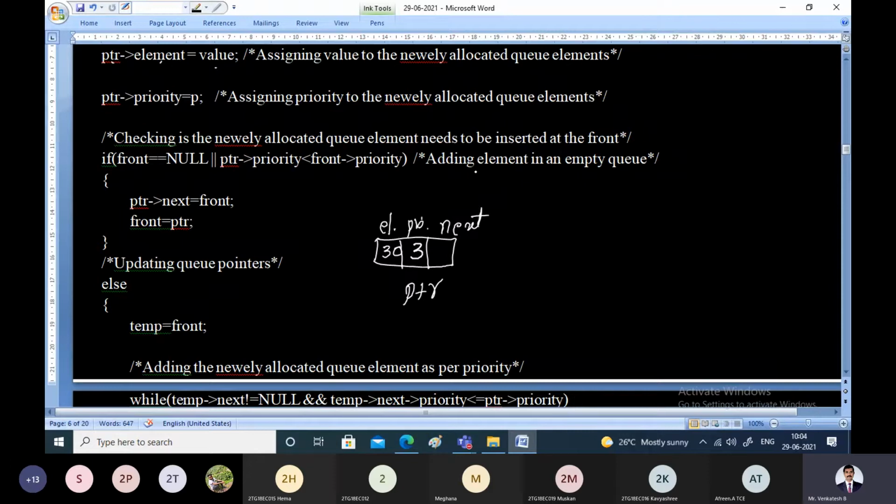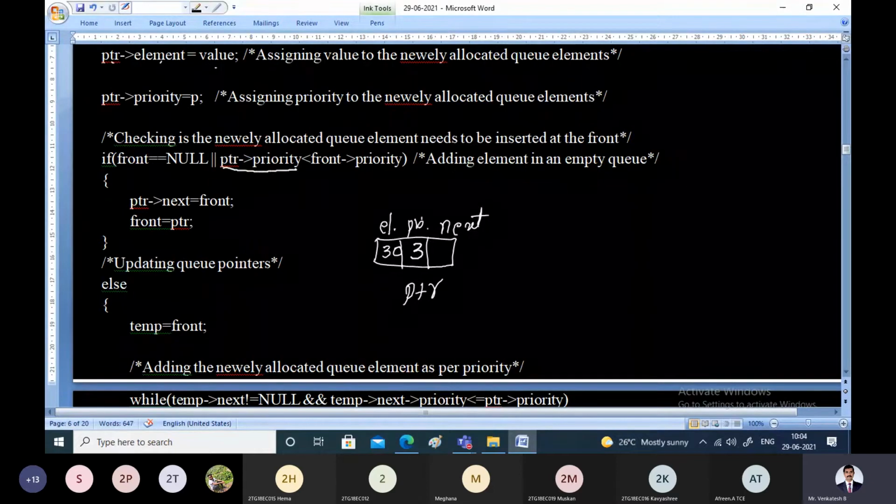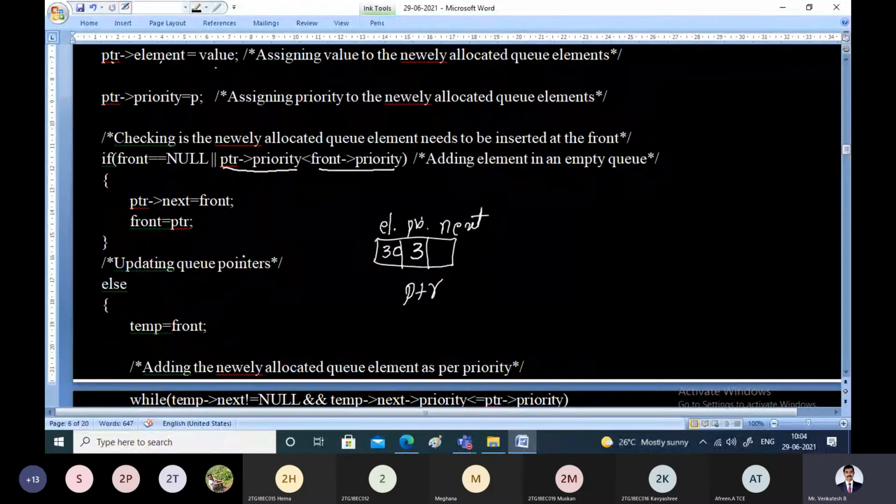When the entire list is empty, that means if there are no nodes in the priority queue, then this will become the very first one. The other possibility is that the priority of the element you are inserting is less than that of the element present in the front. Then also you have to insert it at the front. So in both situations, see, the OR operator is there. Either this must be true or this must be true.